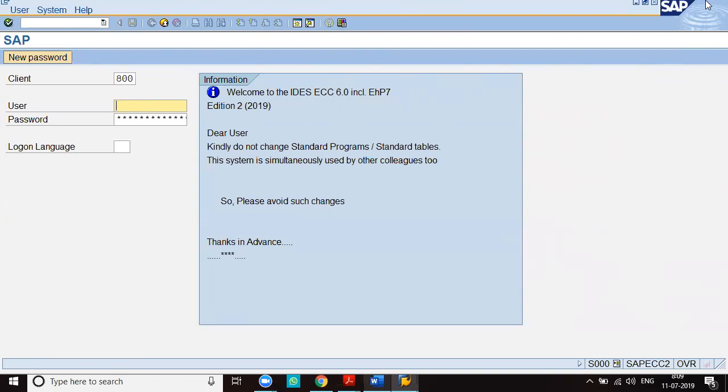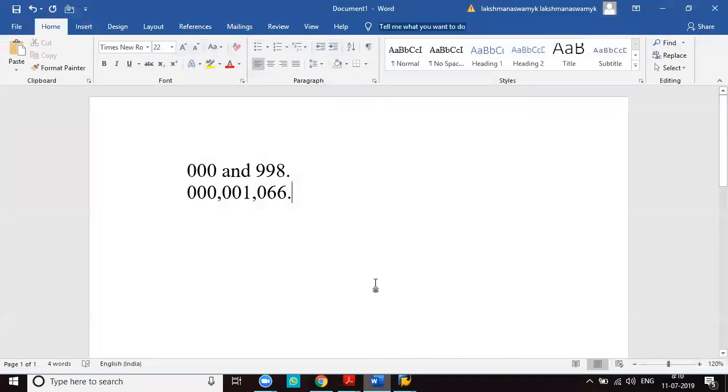The user ID can contain up to 12 characters. It is alphanumeric.